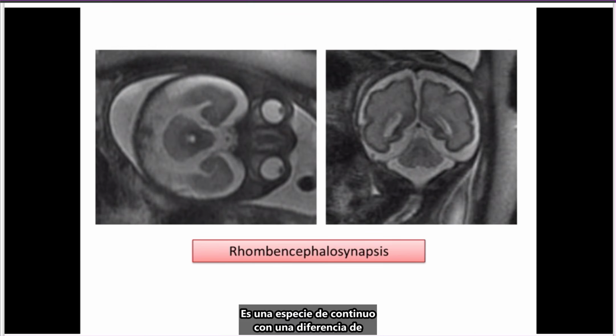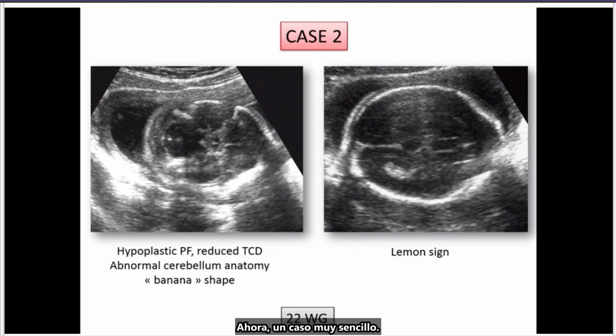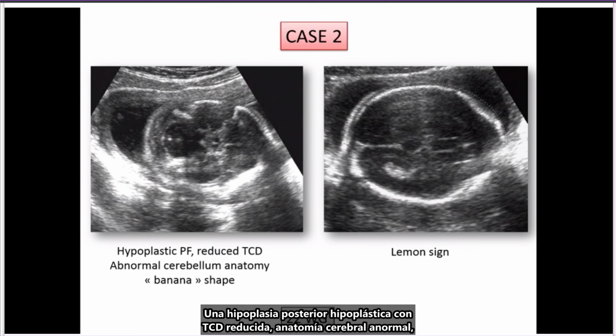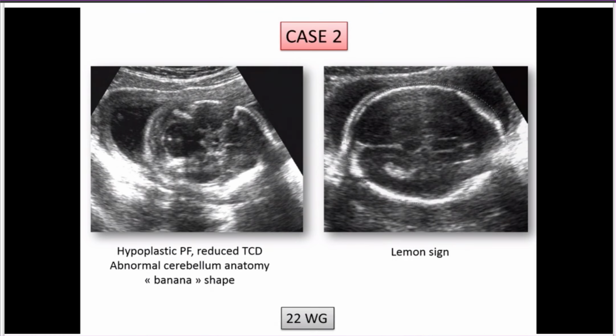diencephalosynapsis. It's a sort of continuum with trouble of differentiation of the diencephalon, mesencephalon, and rhombencephalon. So you may have a simple rhombencephalosynapsis without ventriculomegaly, but you can have rhombencephalosynapsis with atresia and ventriculomegaly due to atresia of the aqueduct. Now, a very simple case: hypoplastic posterior fossa with a reduced TCD, abnormal cerebellum anatomy, the banana